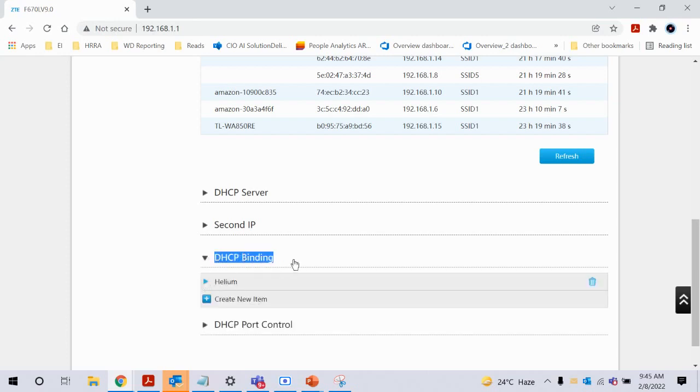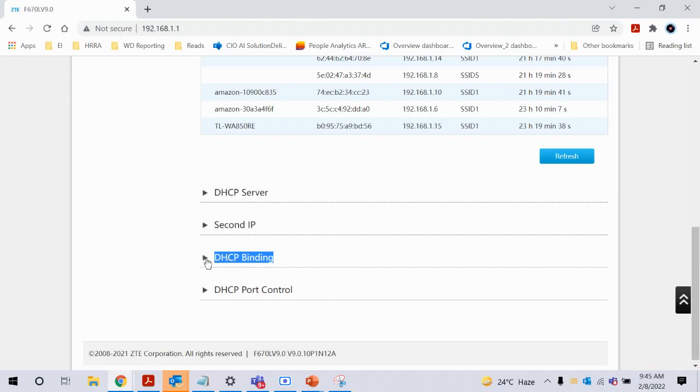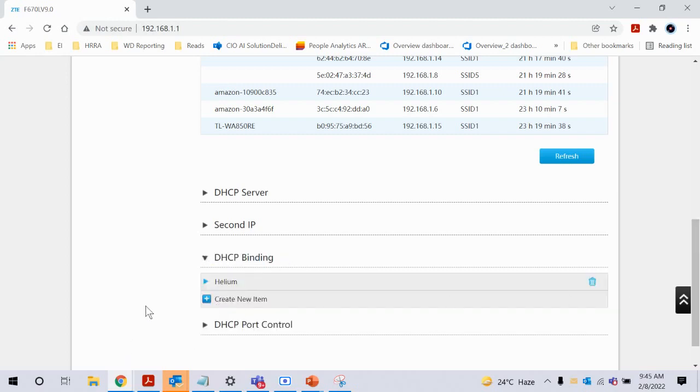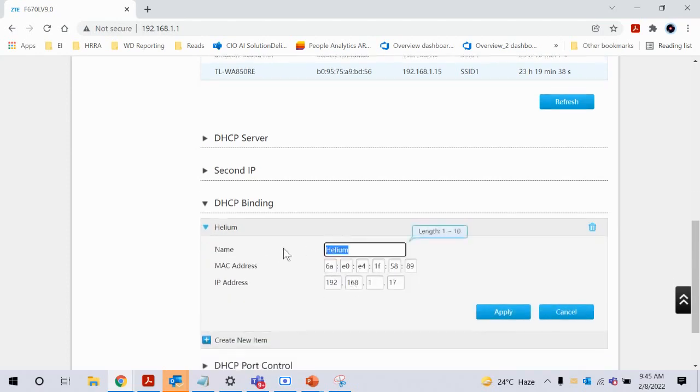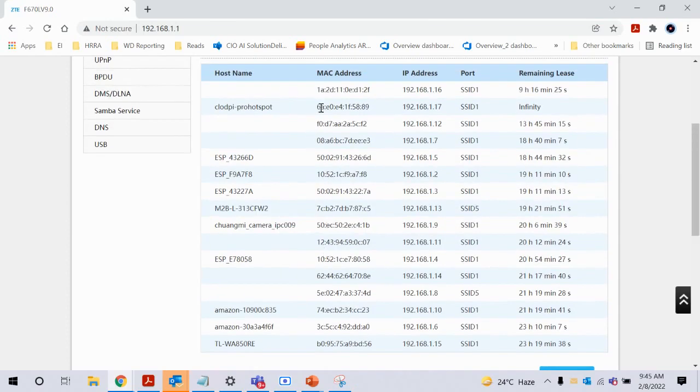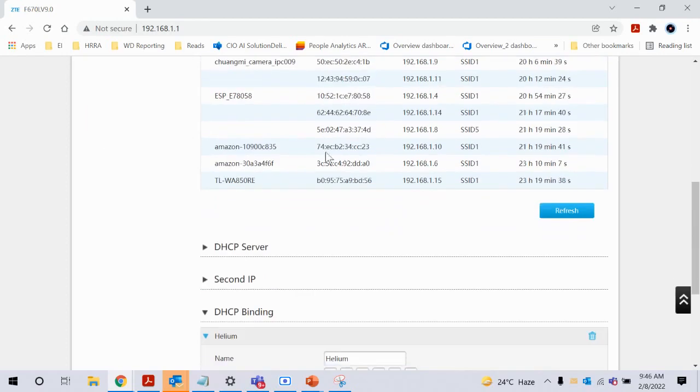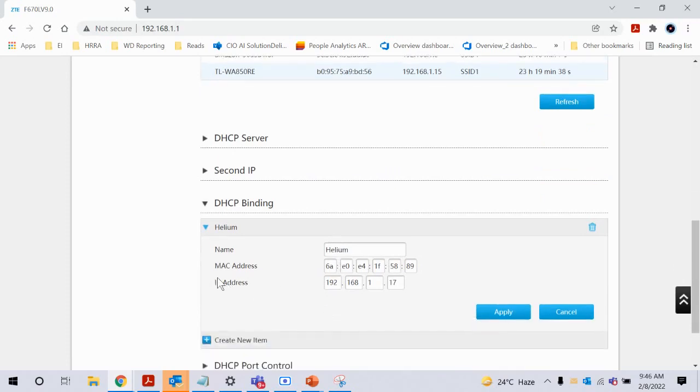So as you can see, under the DHCP binding, I have already created an item named Helium. You can create a new item in your case. I'll just show you. You just have to give it some name. You have to use the same MAC address that you can see here, right? You have to use this MAC address for your CloudPy hotspot, and then you have to give the IP address